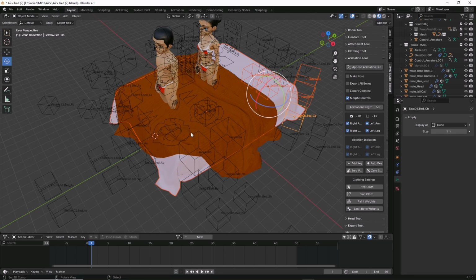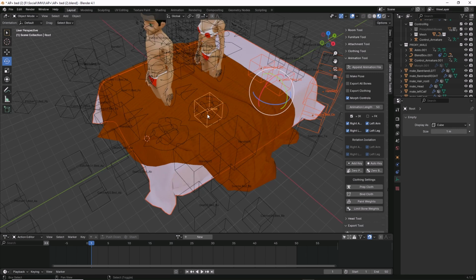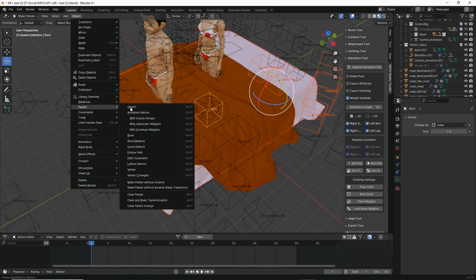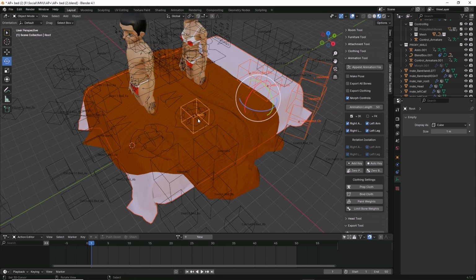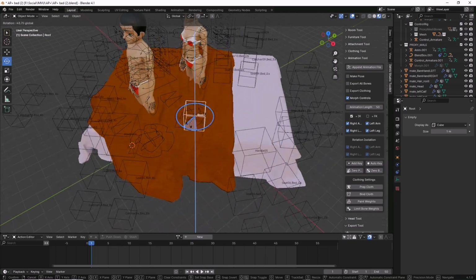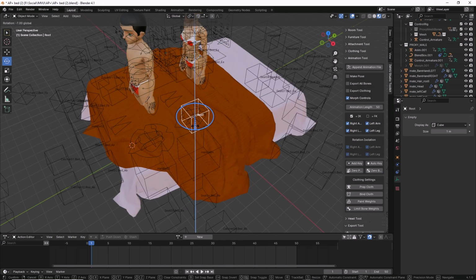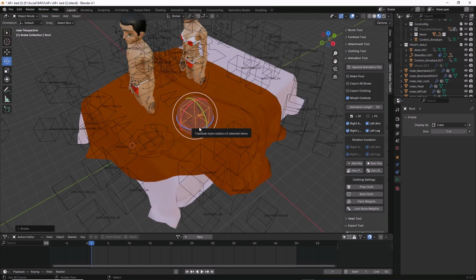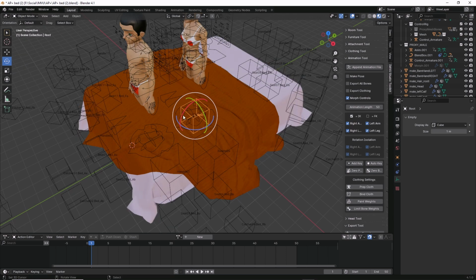So we select all our components and then shift click the root node. We make sure that this is the last object that's selected, and then what we can do is object, parent, object. And what this will do is link all our selected objects, our satellite objects or our child objects, to the root node. And what that then facilitates is our being able to use the root node, let's select it, as a control to move the entire furniture item. So this basically acts as a positional control object. So let's just undo that,